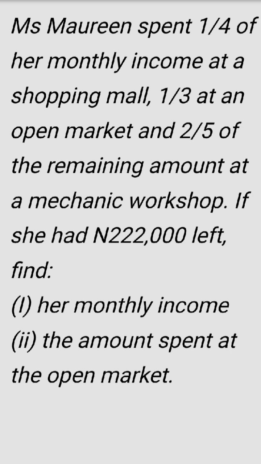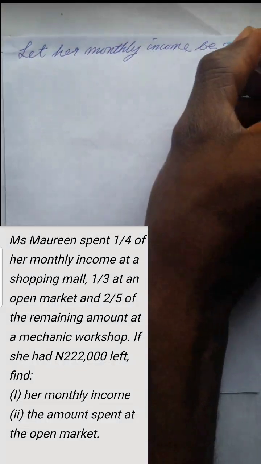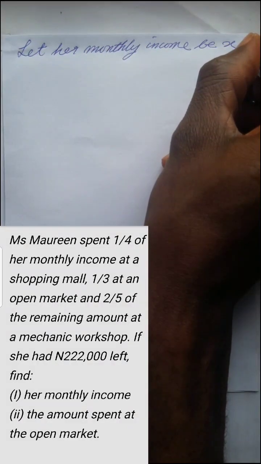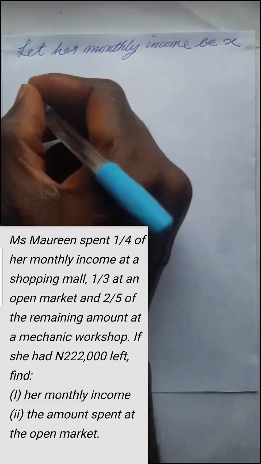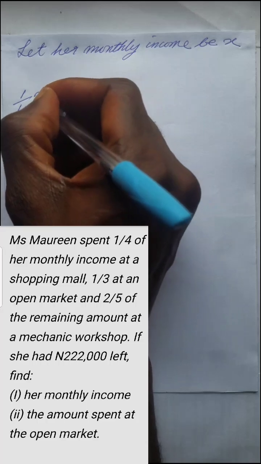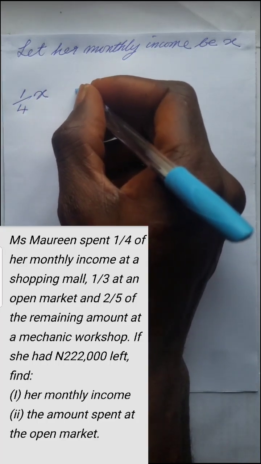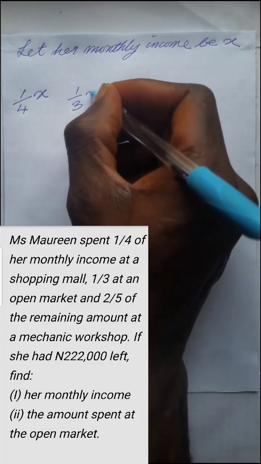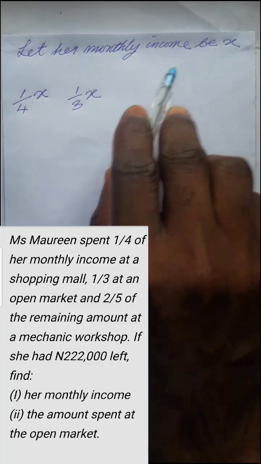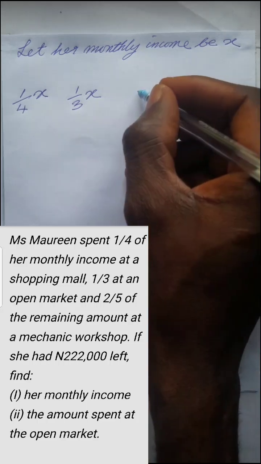Okay, so we are just seeing here fractions of a particular amount, and that amount is not given. So we're going to start by saying let her monthly income be X. If she spends 1/4 of her monthly income at a shopping mall, and then she goes ahead to spend another 1/3 of still that her monthly income at where? An open market, and then she's spending more, she's spending